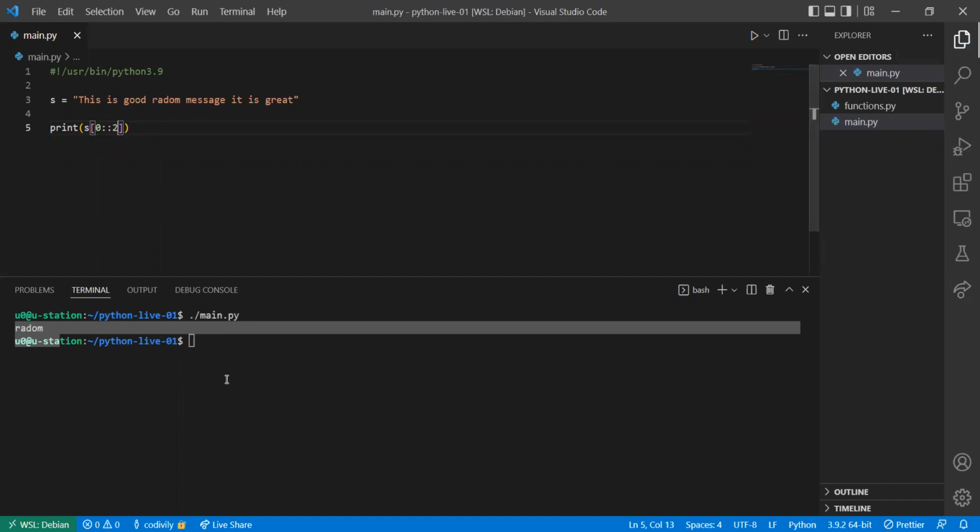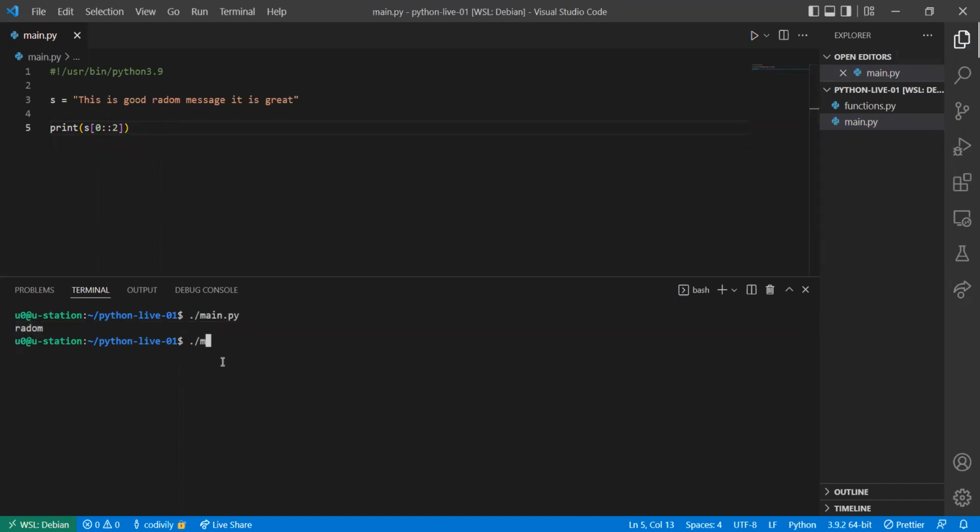We can say 2 here. So at each 2 characters, or at each 2 elements, we display. So it says 0, 1, 2. It displays the second one. Now 0, 1, 2. It displays the s like